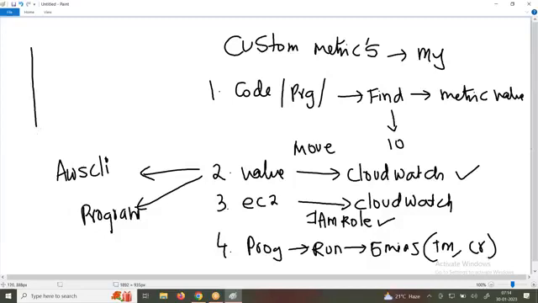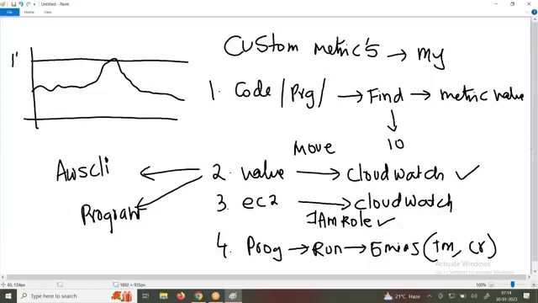At the end of the day, what do you see if you are moving it into CloudWatch? A graph you are going to see, right? Now you can say, if the Dikshit words cross 15, what do you need to do? Send a notification using SNS. Is it clear? You have all these mechanisms to come up with your own custom